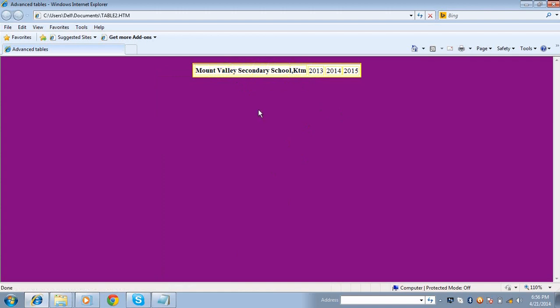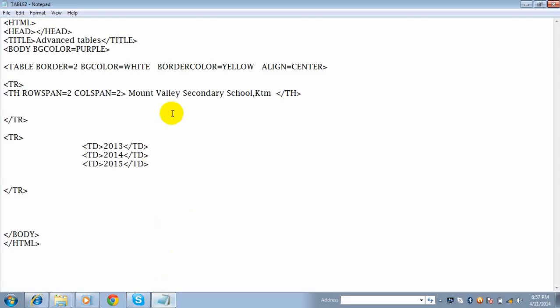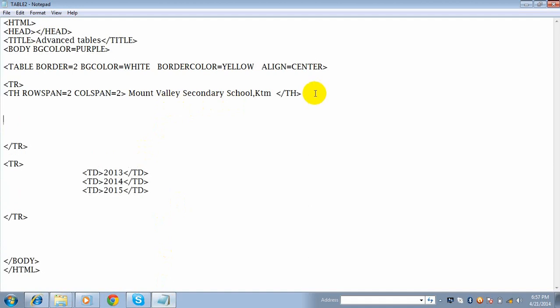Now let's merge cells of columns and cells of rows. Okay. Let's go to text editor. Now here we want to span columns. So th, colspan equal to. Now how many column cells do you want to merge? For example, we have only 3, so type 3 and type the content.